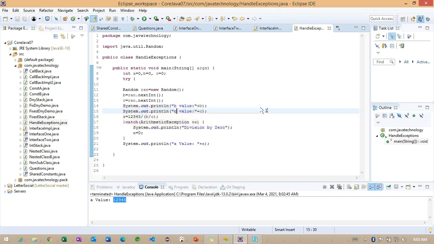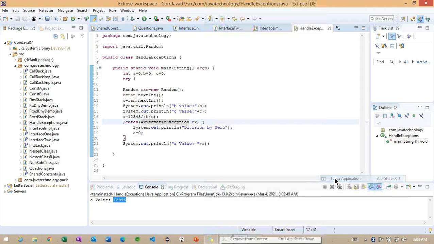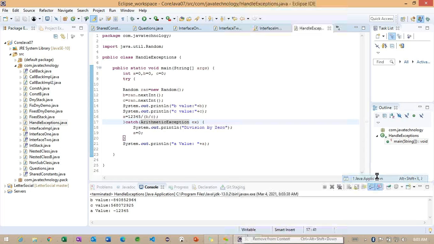Observe here, in case we get any exception, we are giving an option to handle. If not getting any exception, we are happily moving into the next line of the code. Right. We will try to run the same example multiple times here. So see, b value we are getting some minus value. c value we are getting some bigger value. And if you multiply, we are getting some minus value.